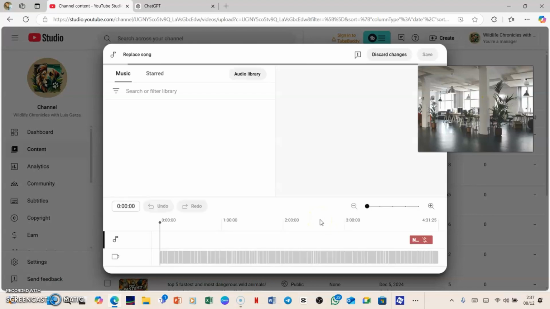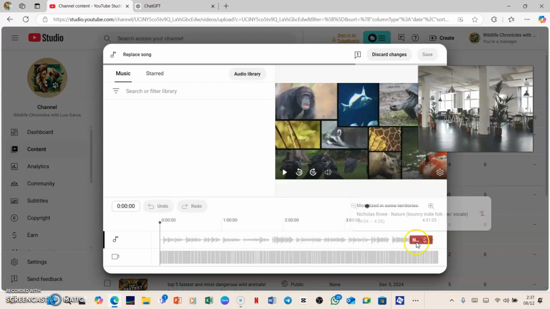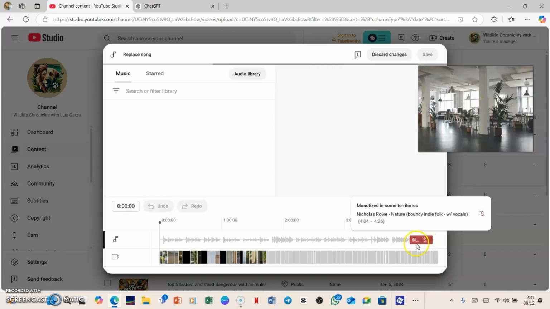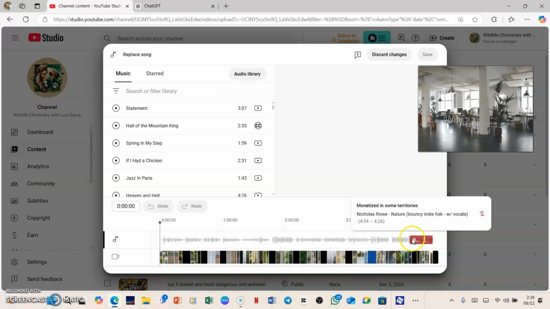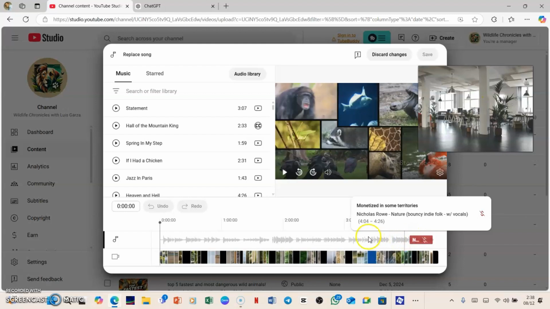Okay, boom. So the part where that song has been highlighted in red, you see that one at the far right there, meaning that if your channel is monetized, you cannot monetize that video. You won't be getting any revenue. And then it will also have some outreach limitations. There will be some parts of the world where it won't actually be spread out because the owner of the song is actually